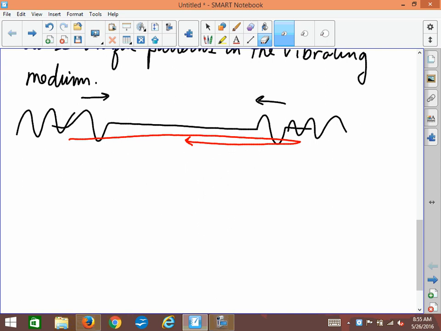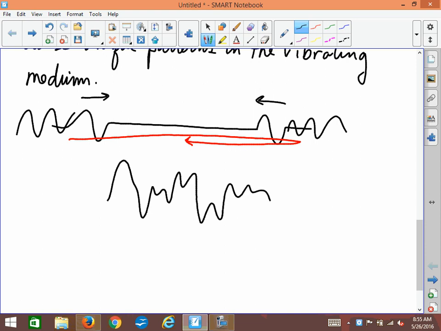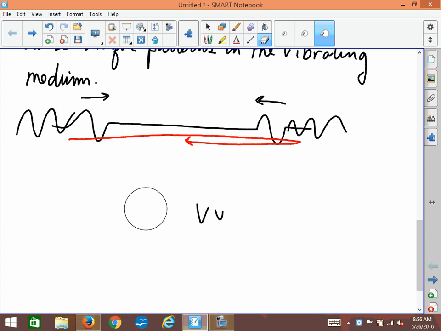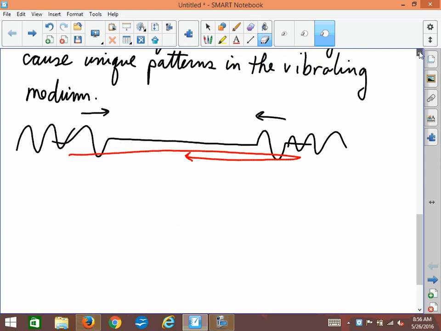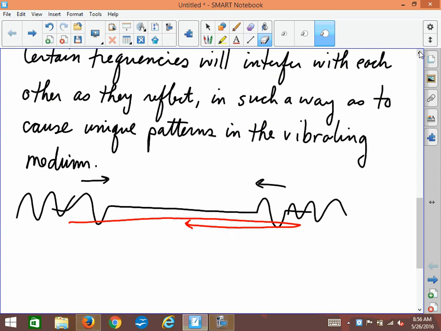You might end up with just some kind of weird, convoluted addition of the waves that might look something like this. It doesn't really have any pattern to it at all. There's no regularity. However, there are certain patterns that do exist. Okay? So,